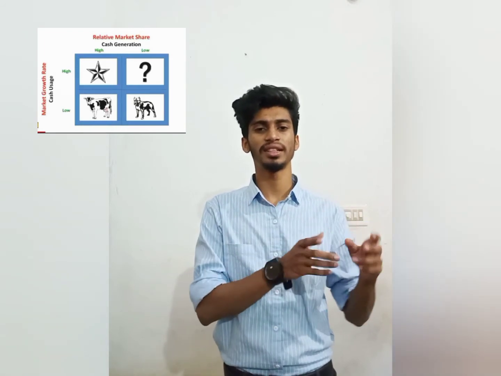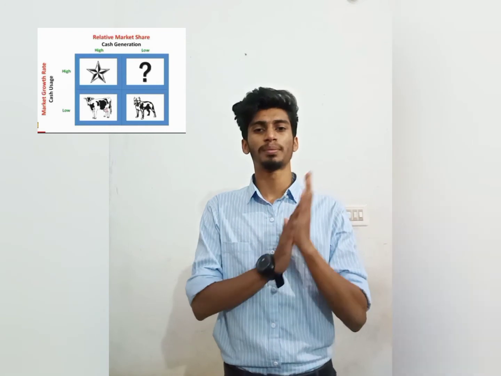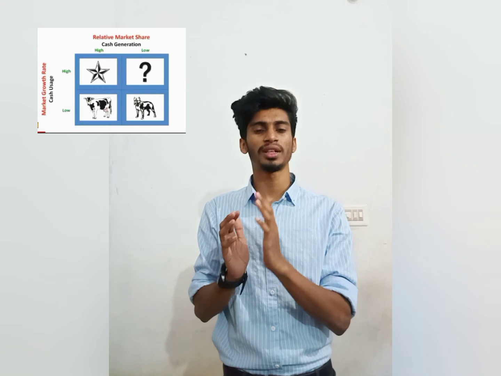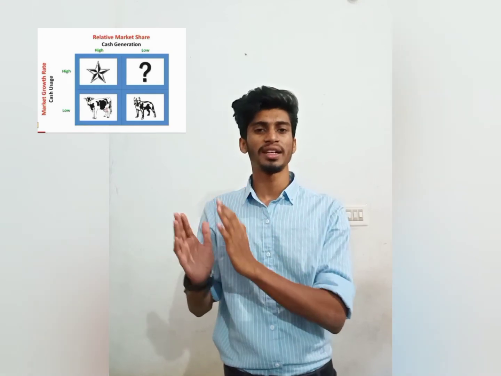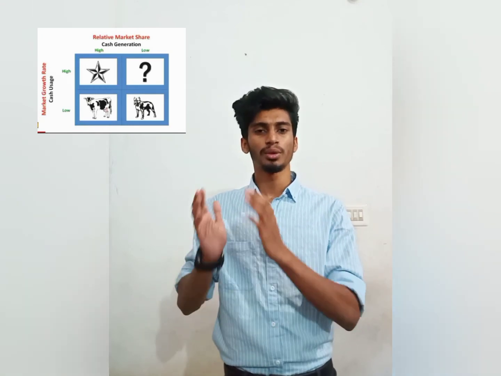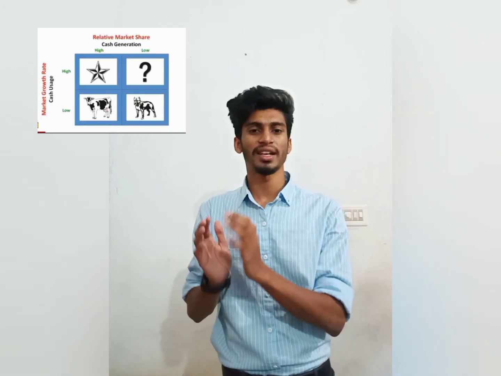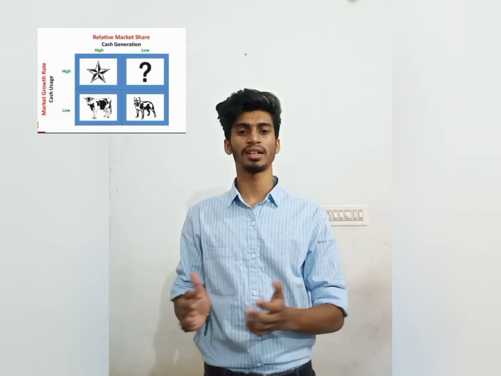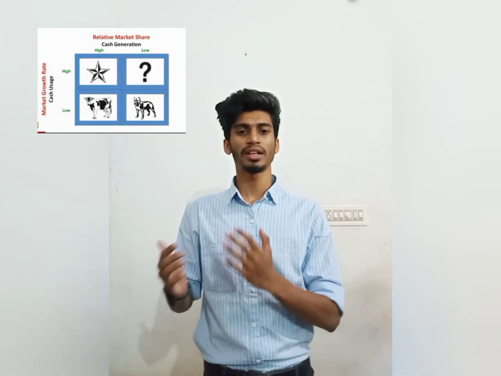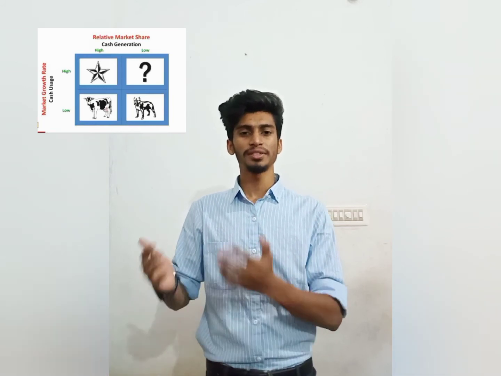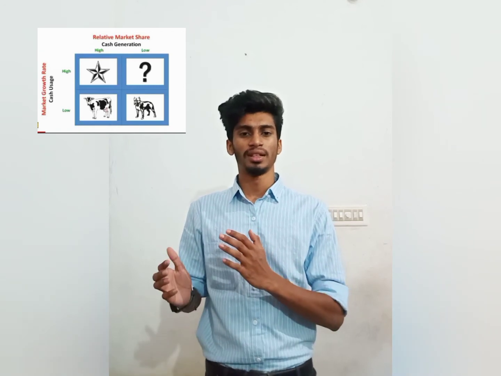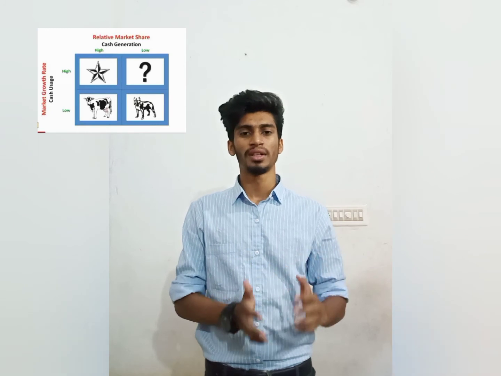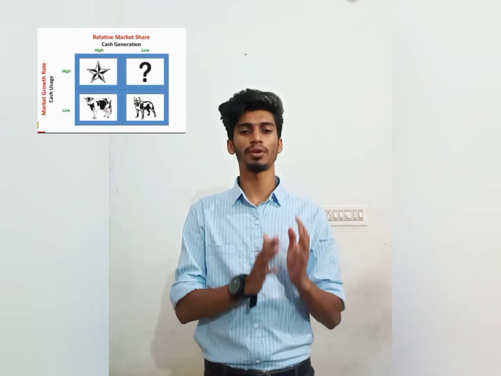To recap, in the question mark category the product is in the building stage, and then it moves to the star category with high relative market share and high relative market growth. The next stage is the harvesting stage, where we can collect more income from these products, and they come under the cash cow category. The last stage is moving to the dog category. So these are the four stages of the BCG matrix.